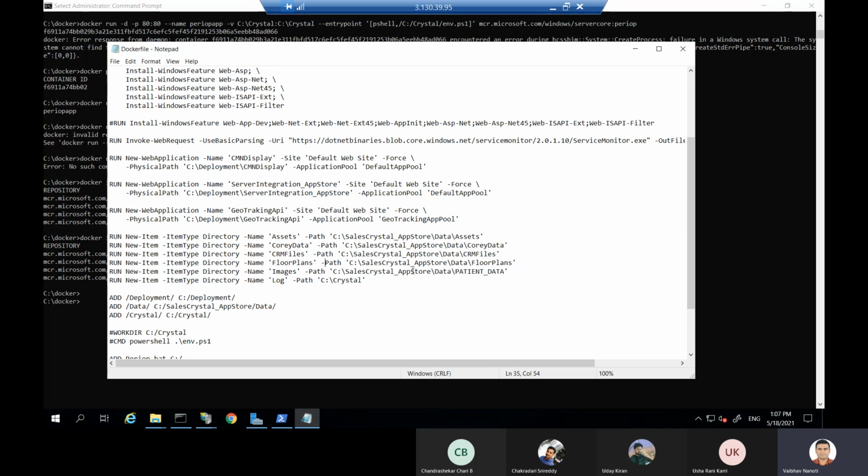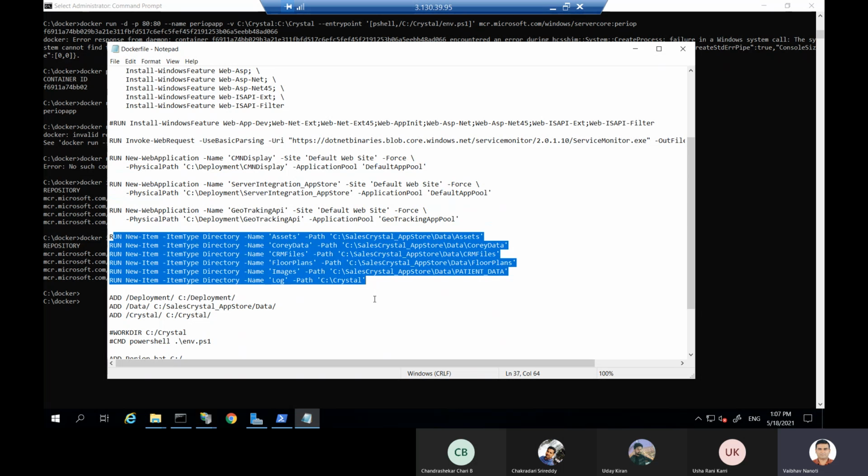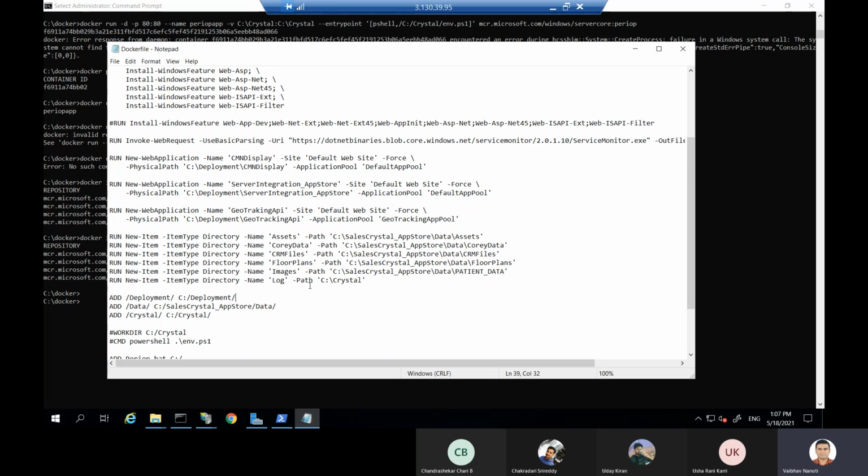I think 1, 2, 3, 4, 5, 6 virtual directories we require. You can go to the QA PeriOps server and see there are 3 application pools and 6 virtual directories configured in the QA, so that you will get a clear idea of that.